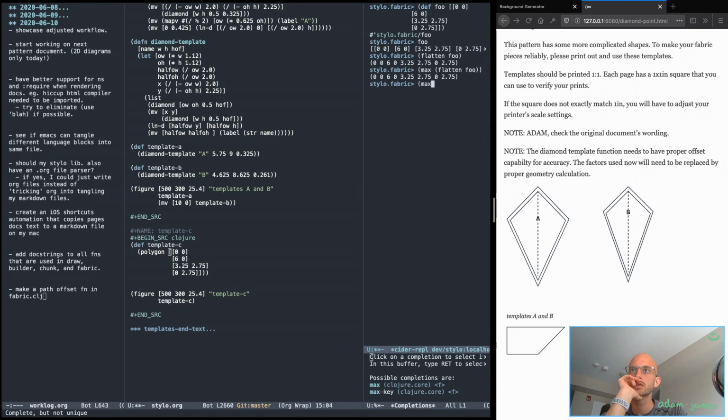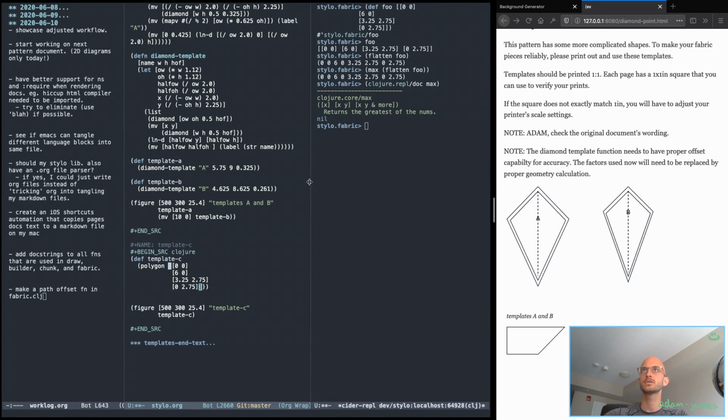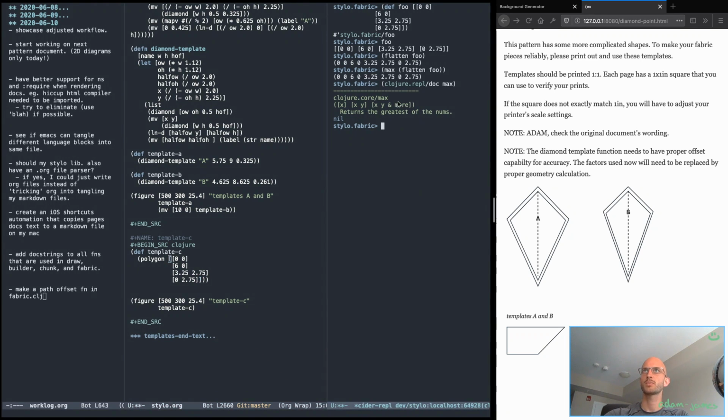Max. I don't know what it is. Let's see. clojure.repl/doc max: returns the greatest of the nums. Do I have to apply max to it? There we go. Okay. Right, so what I'm trying to think is